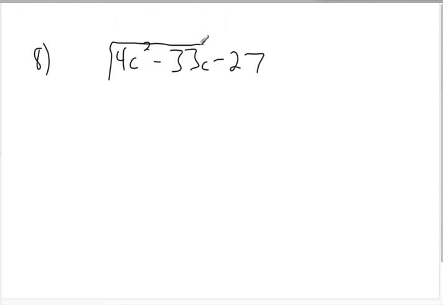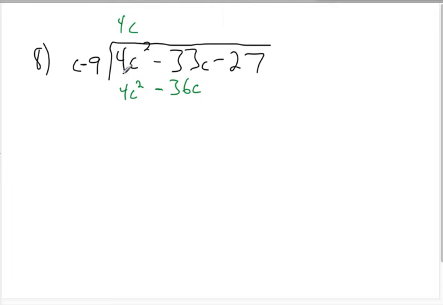Okay, continuing on with number 8. This is polynomial long division. So we have 4c squared minus 33c minus 27 divided by c minus 9. So I'm looking at the first term each time. What times c would be 4c squared? It would be 4c. So 4c times c is 4c squared, and then 4c times negative 9 would be negative